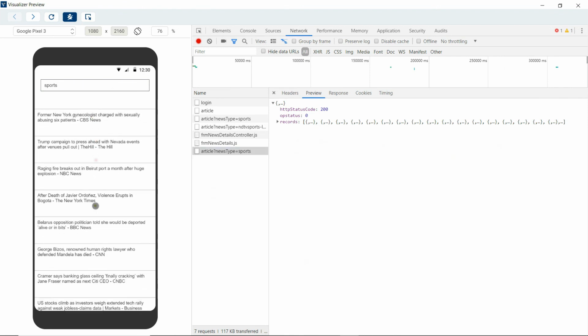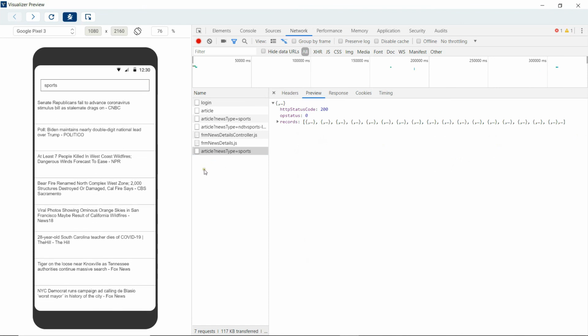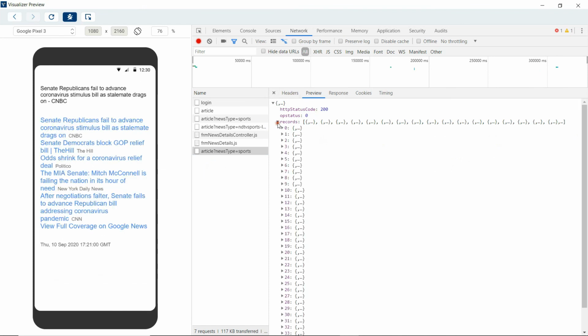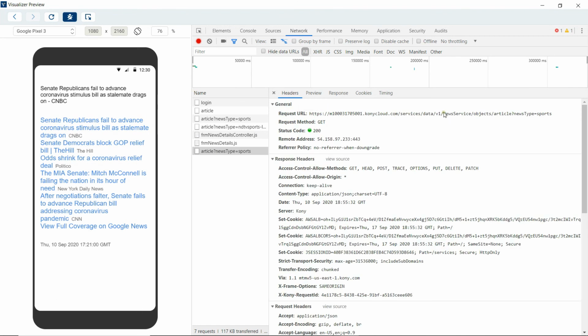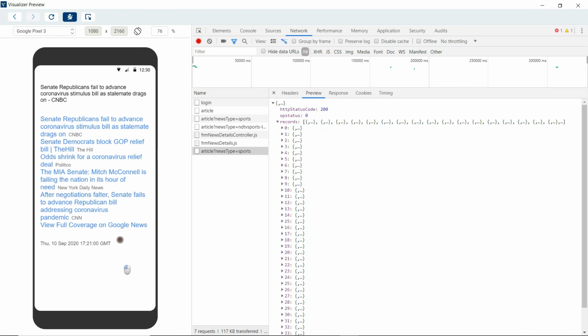If we see here, the articles are now fetched from the Google News feed. The client app is talking to the same object model, news service and the articles object, but the get operation on the articles object now is talking to the Google News feed and it is able to fetch the news.